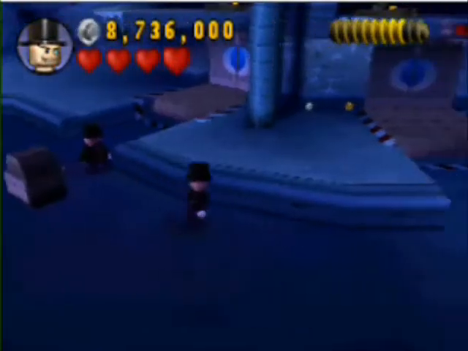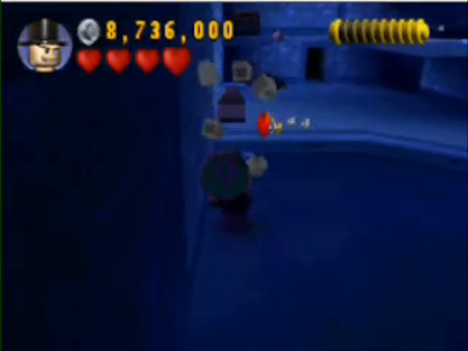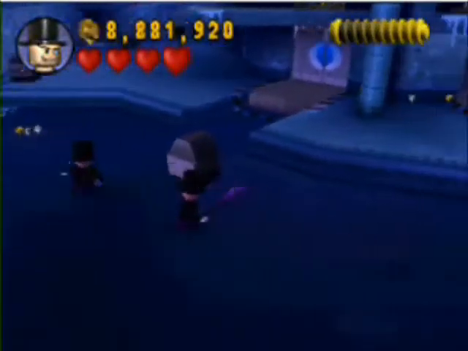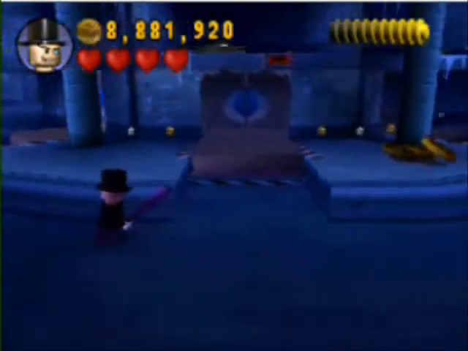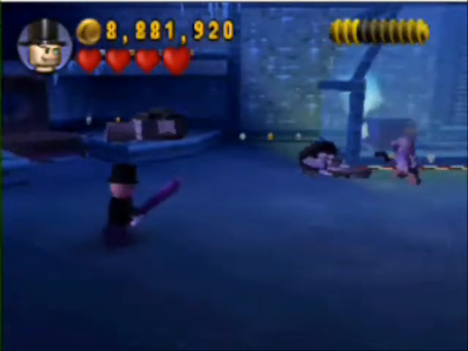And we are missing some Riddler clues because I forgot to grab that first one. I'm going to get these boxes. And look, now we have our first Riddler clue. We're going to just jump back up to the top where we were and continue on with the level. And a lot of this really doesn't...